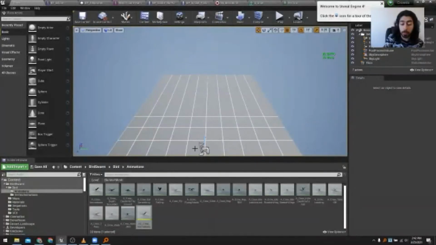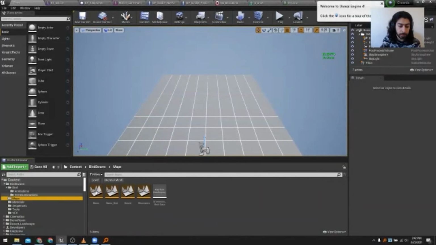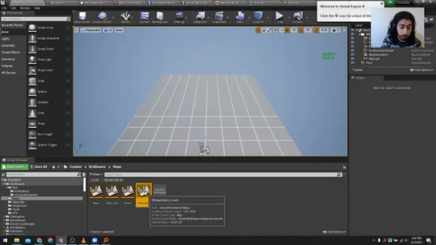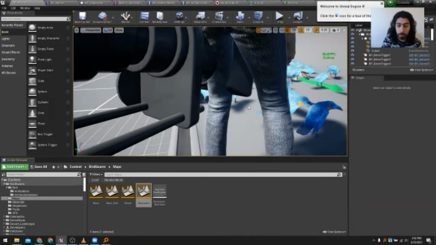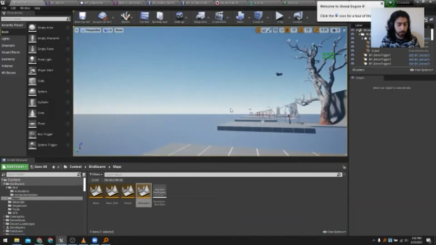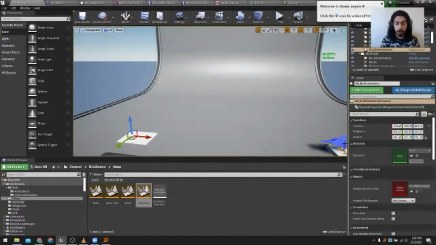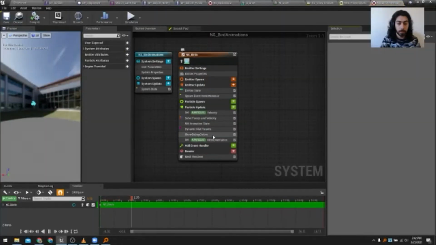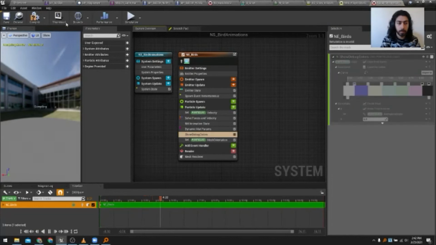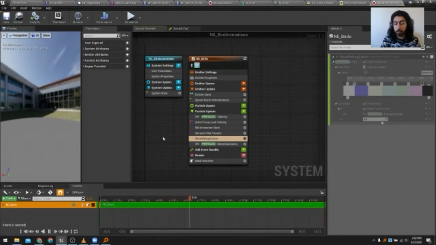Good. So this is how I did the setup, and this is quite simple. But let's see some examples of the stuff you can do. So start with this basic example here. And if we look at the bird, this is very similar to the setup we just did, except if you look at the animation state,